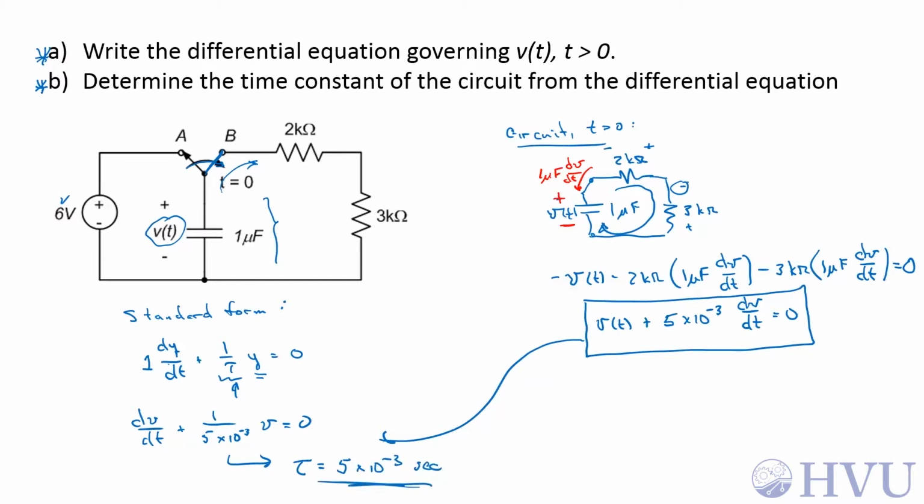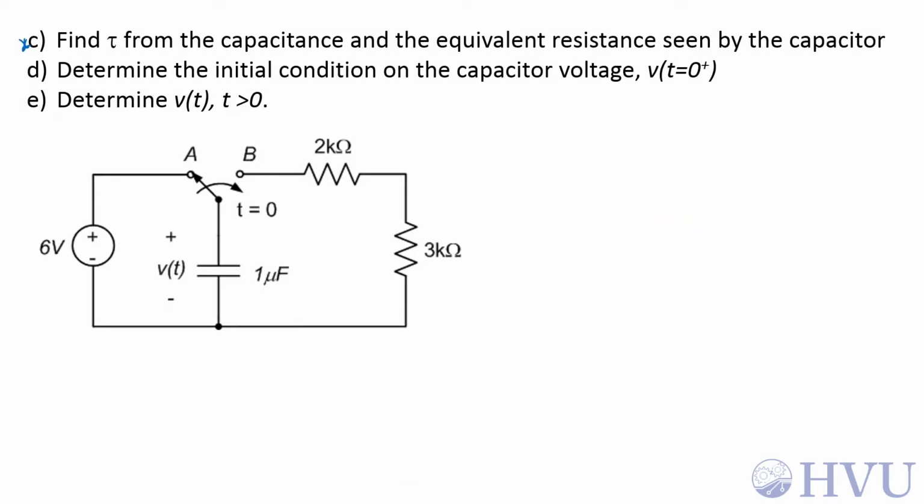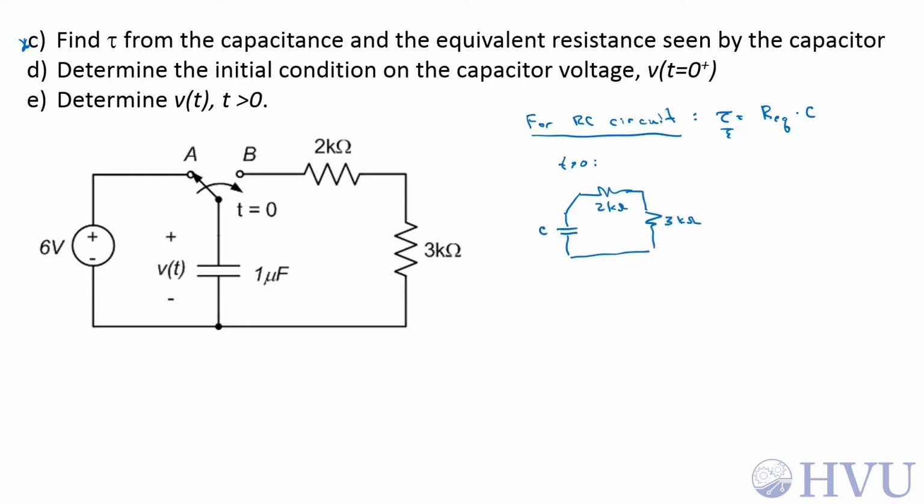Now let's go to a new slide to finish up the problem. Part C. Find the tau from the capacitance and the equivalent resistance seen by the capacitor. So for an RC circuit, for a first order circuit with only one energy storage element, where the energy storage element is a capacitor, the time constant, tau, is just the equivalent resistance seen by the capacitor times the capacitance. Now tau is a property of the circuit for t greater than 0. So remember that the circuit for t greater than 0 was this one, and we want the equivalent resistance seen by the capacitor. This is essentially like a Thevenin circuit problem. So we're going to take the capacitor out, look at the terminals across which the capacitor is connected,